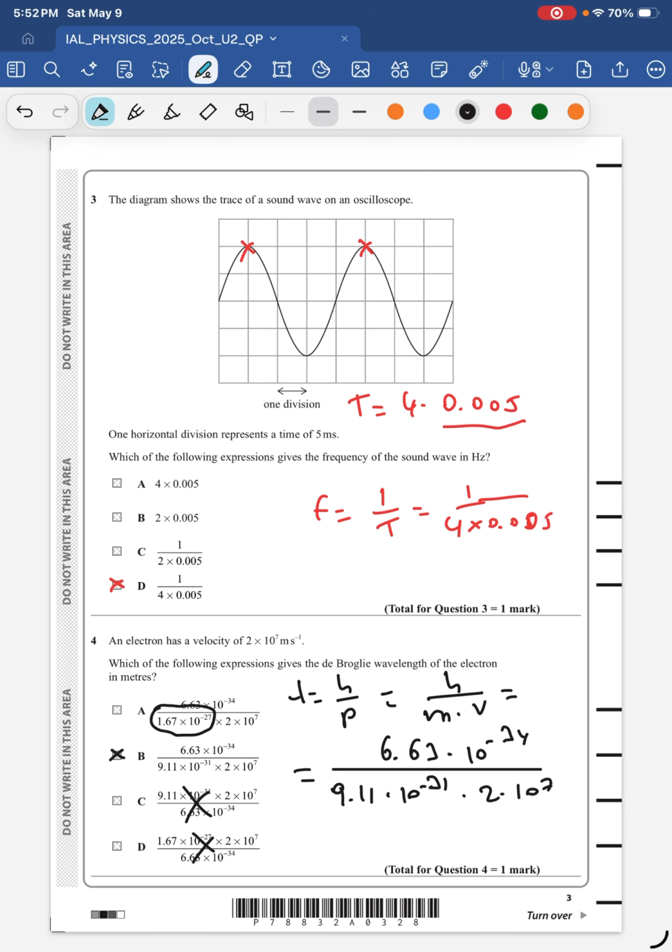And by inspection, you see that A and B are identical, except that in A, they use that mass. And that mass is the mass of, pause the video, and write in the comment section what kind of particle that is. Okay, assumed you wrote. So the answer is proton. Okay, so that will be the de Broglie wavelength of a proton or a neutron. I mean, they have almost the same mass. So yeah, I mean, you can eliminate A as well. So in this case, you can eliminate all the answers just by inspection, okay, without even writing the formula. So let's go to